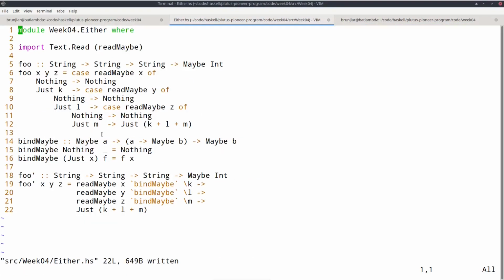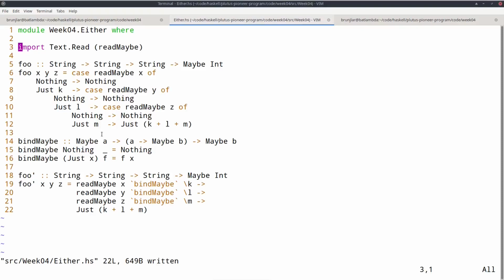I created another module called either, where I basically just copied what we had for maybe. And if we take this exception analogy a little bit further, then one issue with maybe is that if we return nothing, in analogy to throwing an exception, then there is no error message.